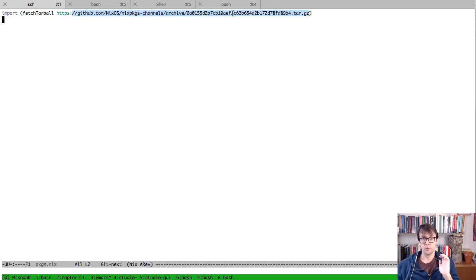So it doesn't matter what you have on your computer when you run this. It doesn't matter what distribution you're running or anything like that. Nix is going to go off and run the RaptorJIT benchmarks using exactly the software packages specified here, which will include everything from R to libc. But